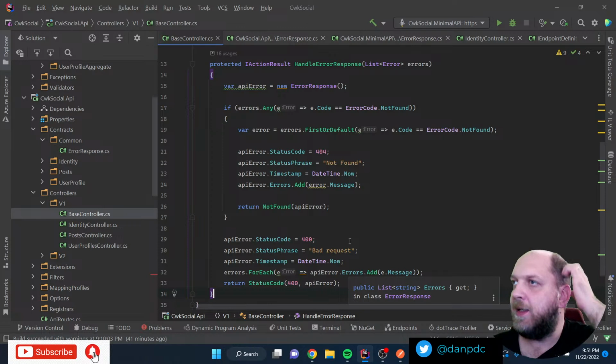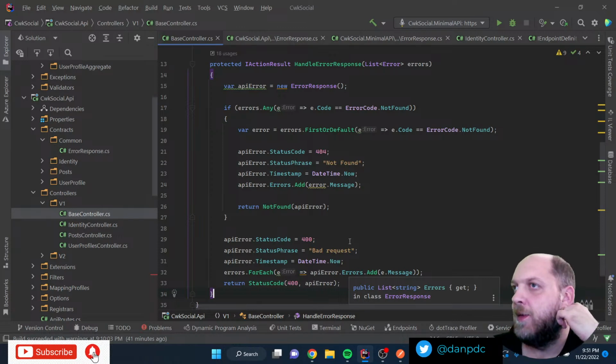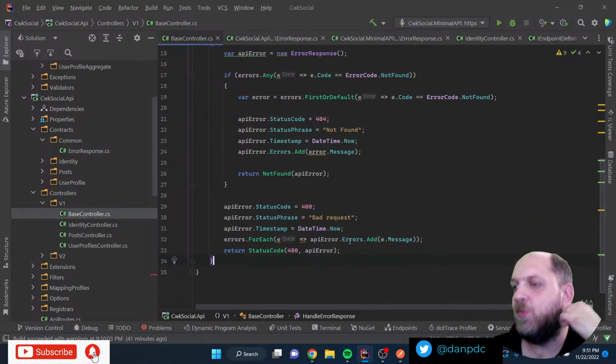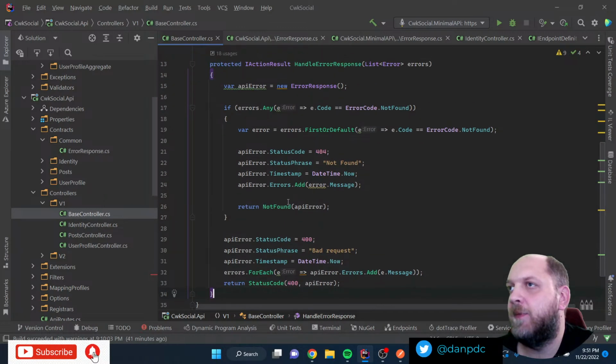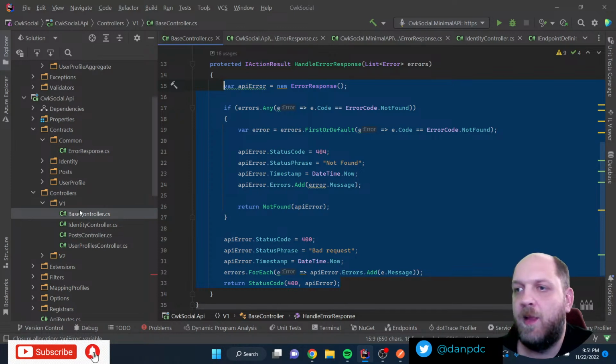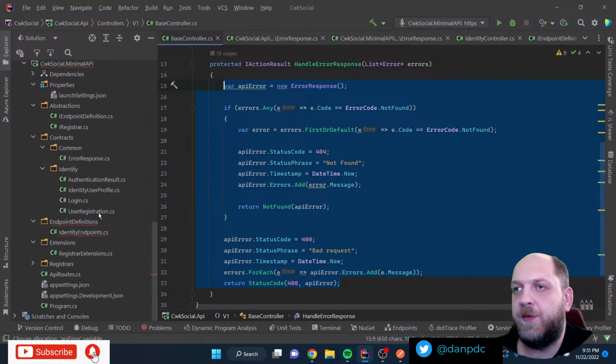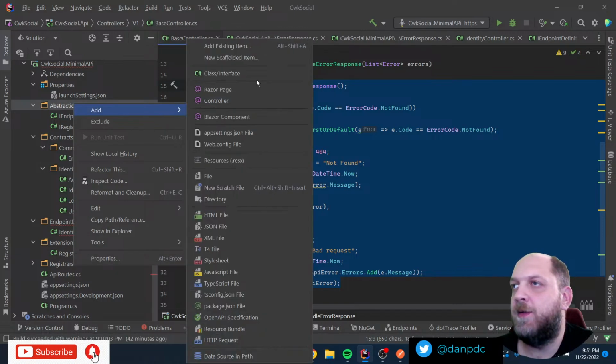So I guess we could actually create a base for the endpoint definition. Let me go back here, and in abstractions, where is the abstractions folder? Entity, where do I have it here? Let me add a new class here.